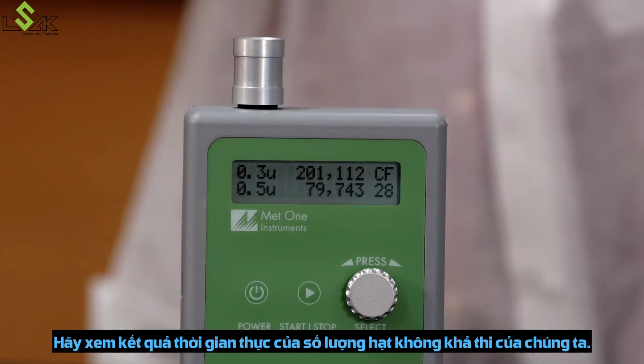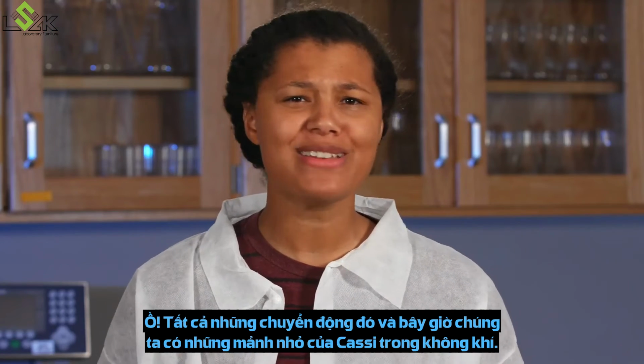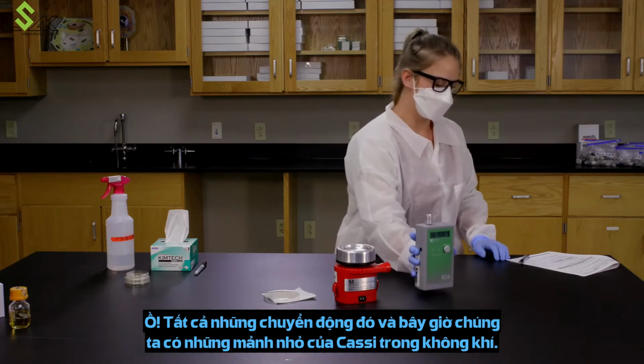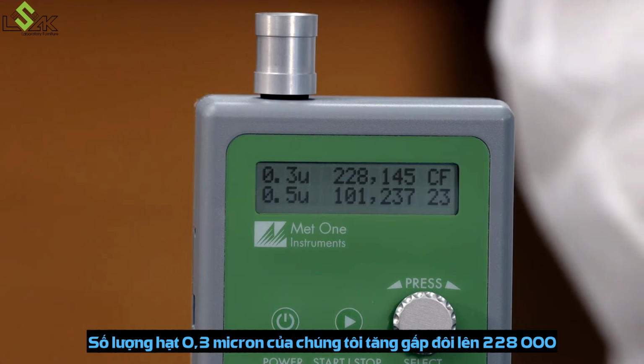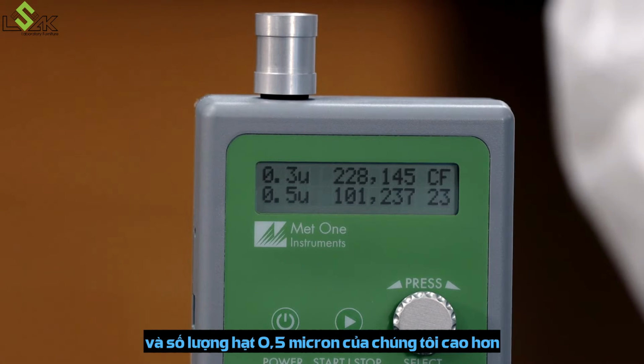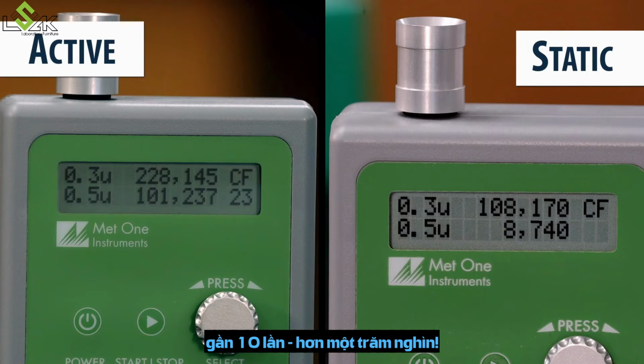Let's look at the real-time results of a non-viable particle test. Wow, all that movement, and now we have little pieces of Cassie in here. Our 0.3 micron particle count doubled to 228,000, and our 0.5 micron particle count is almost 10 times higher, over